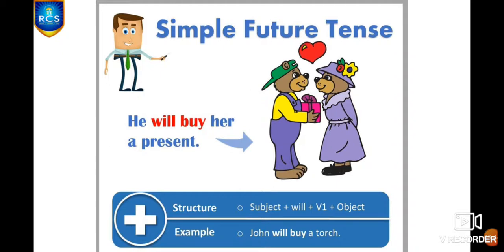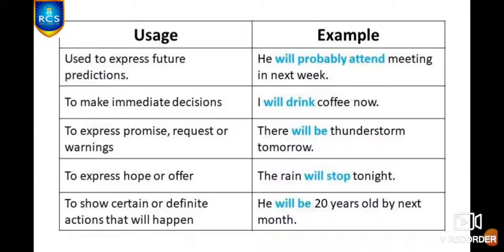And next we are moving on to simple future tense. The action that is going to happen in future. And what is the form? Subject plus will plus first form of the verb. Okay. John will buy a torch. He will buy her a present. And where we will use the simple future. Used to express